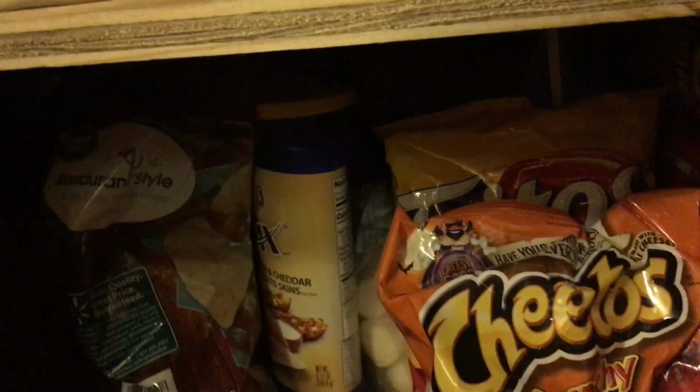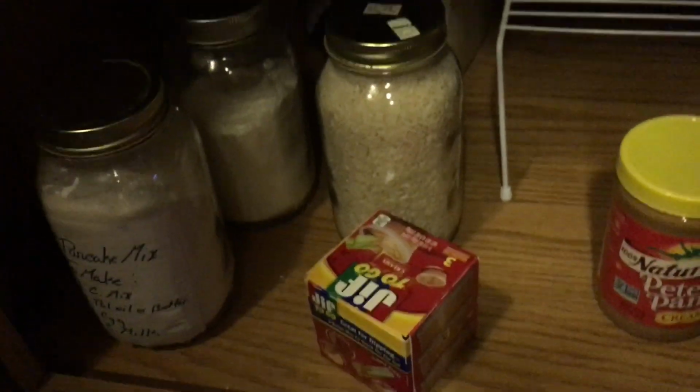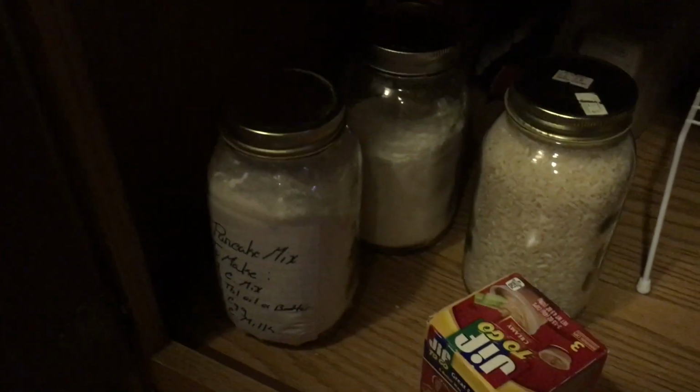So again, some of this stuff is going to go back with us this trip. And I have individual servings of junk food or granola bars or things like that in another one of those collapsible bins. And then the next shelf is going to be canned goods, and I'm going to start bringing canned goods each time I come and leaving those here. And then the bottom shelf down here is going to be flours. I have homemade pancake mix here, rice, I have gravy mix, and I'm going to put everything in mason jars